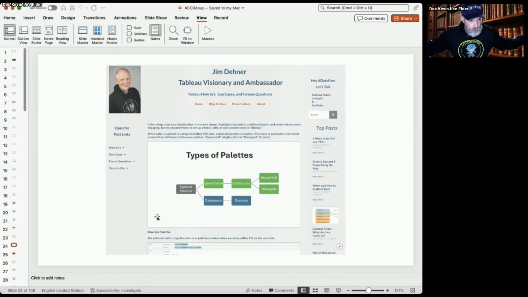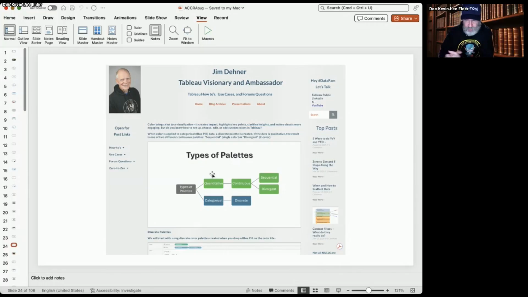Again, it's overwhelming. You see that Tableau Desktop interface, and yeah, with my marks, I can do colors. But what can I do with colors? How can I change them, not use those defaults? How can I get it better? Well, this is one of the best blogs I've ever seen on color because I'm colorblind. Lots of times people will create a color blog and say, this is how you should use colors, and their solutions are bad for those of us who are colorblind, who have color vision deficiency. Jim is one of the better ones.